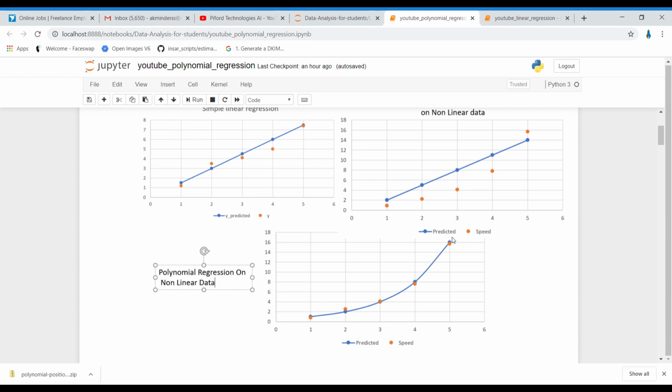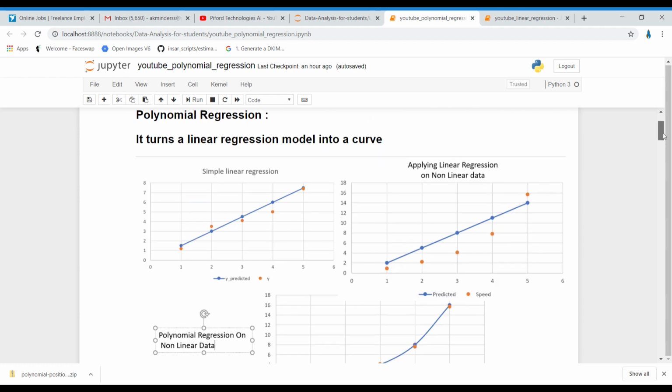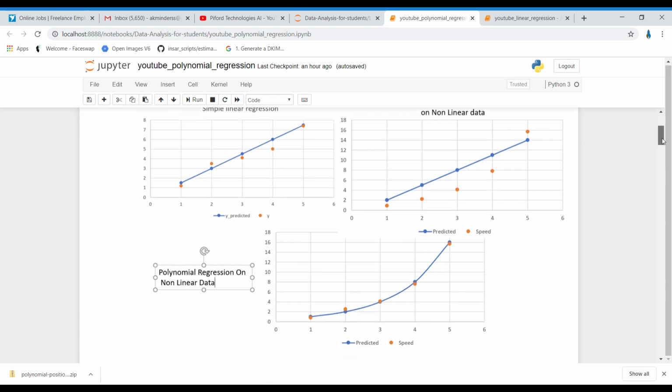So what I'm trying to say over here is linear regression is good when you have linear data, but for non-linear data, you cannot use linear regression. What can we use there? We can use polynomial regression. Now, what is polynomial regression? If you see the graph, linear regression will always give you a straight line graph, right?